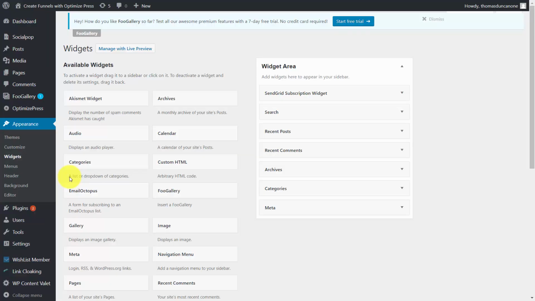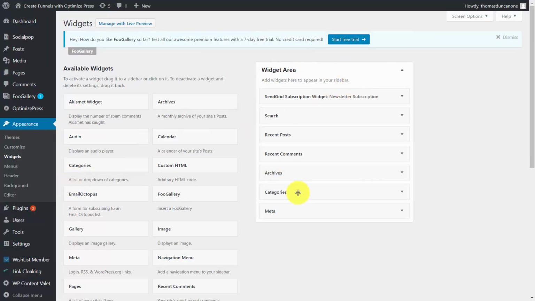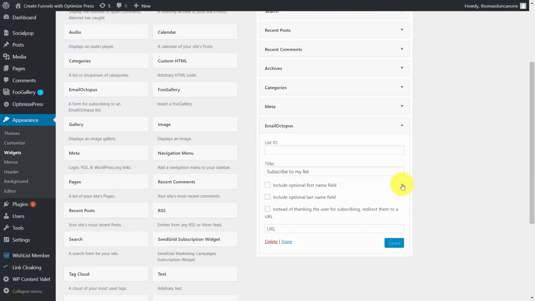Once you get access to the widgets, you'll look for your widget area, and all you'll need to do is grab the Email Octopus plugin and drag it over into the widget area. And then you'll be able to create a list ID and then bring people to subscribe to your list through the Email